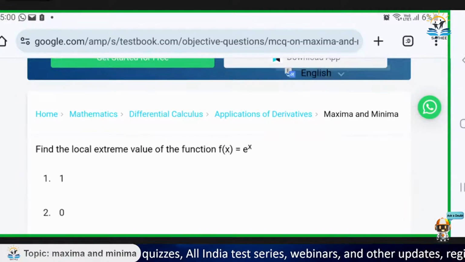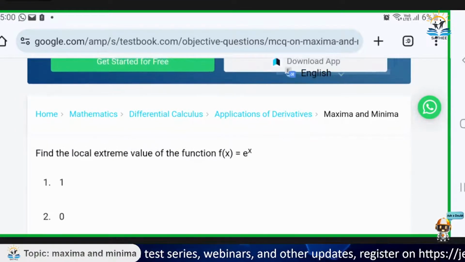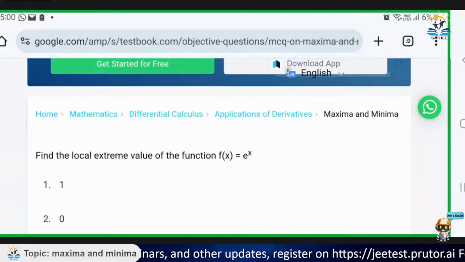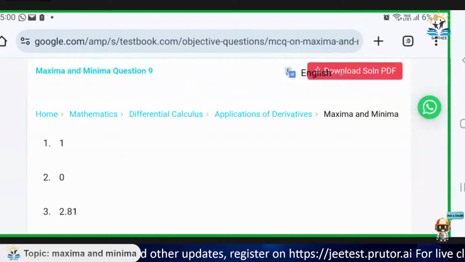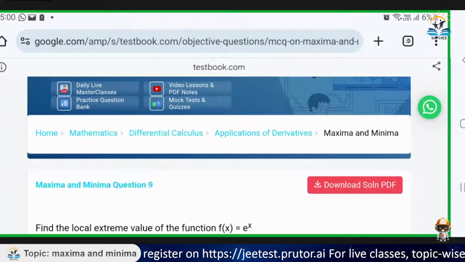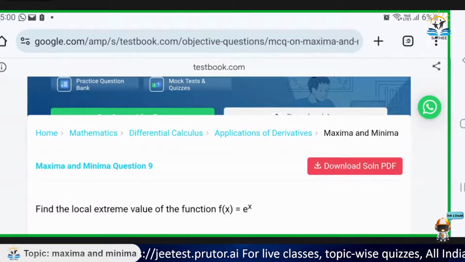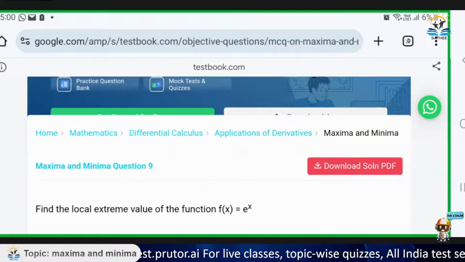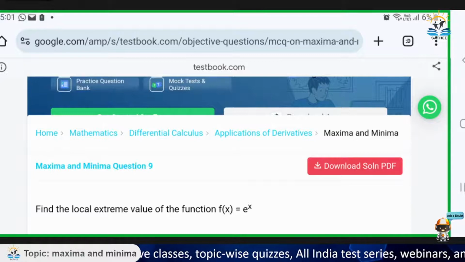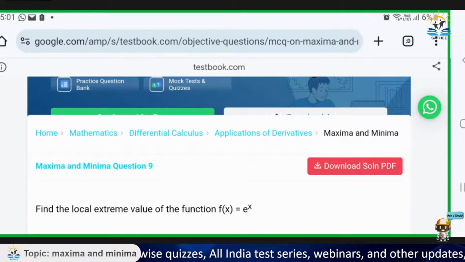Now this question asks us to find the local extreme value of the function f of x is equal to e to the power x. This e to the power x function is an exponential function. So basically the local maxima or local minima for this function does not exist, because here we cannot satisfy the condition that I have stated in the earlier part of the session,